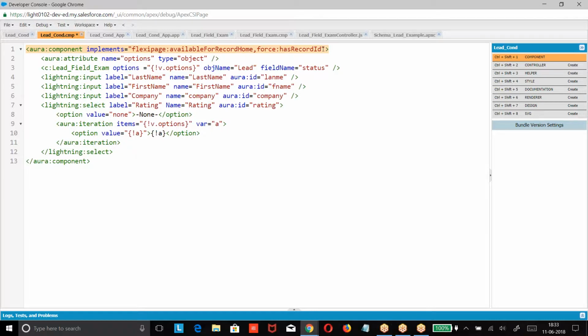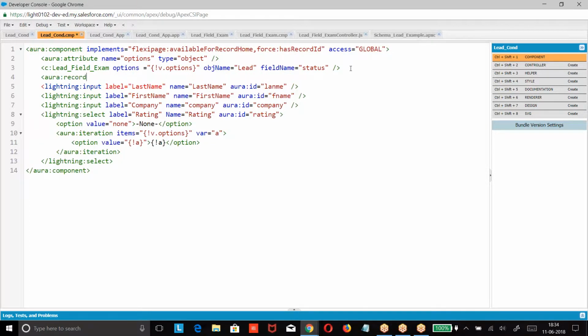Okay. Next, one more important point. Apart from these two, we need to go for lightning action. We are trying to override the button. So one more interface is required. We'll see once I have implemented this complete functionality. Then we are supposed to go with access equal to global. It is not mandatory, but suggested to go for implementation. Now, once I have given this, what you are supposed to do?